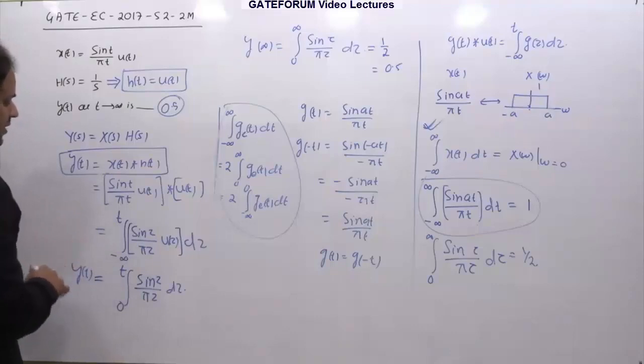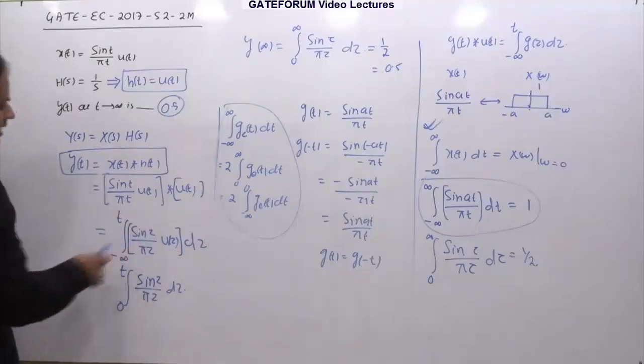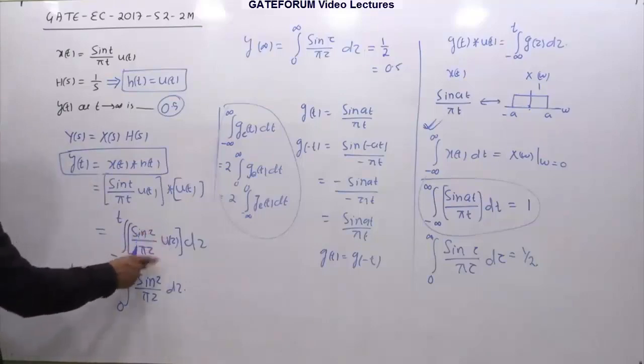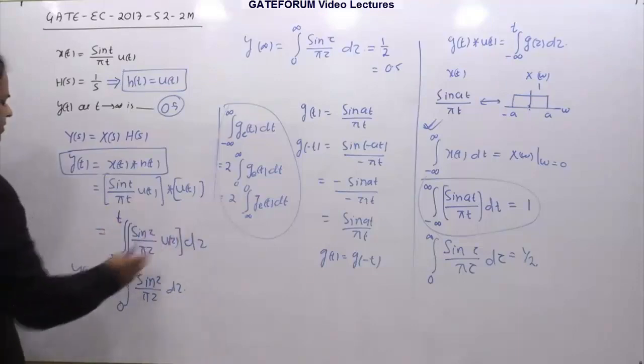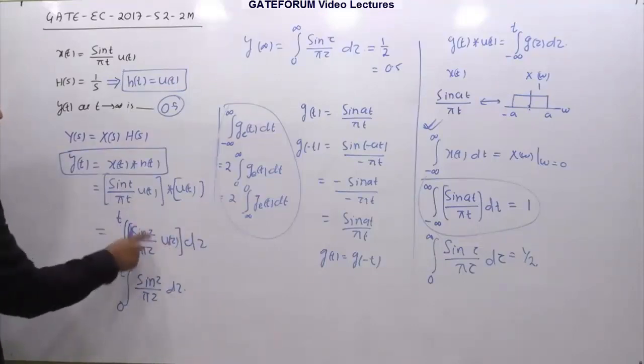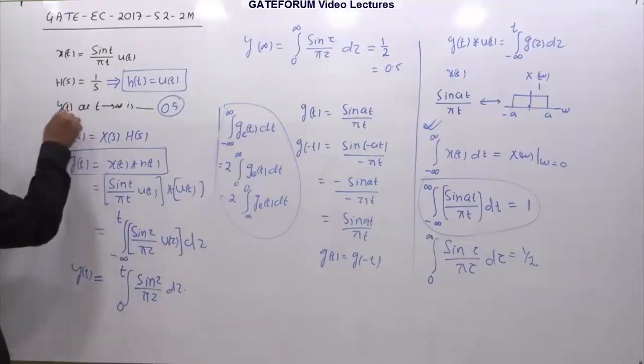Right? I hope this is able to clear. I am able to clear this one, right? So once again I am telling you, when tau takes a value less than 0, this product will be 0, because this function itself is 0, and 0 into something is 0. But when tau is greater than 0, this u(tau) value is 1, and 1 into this thing is this quantity itself. So y of t is this, but my question is to find what is y of t at